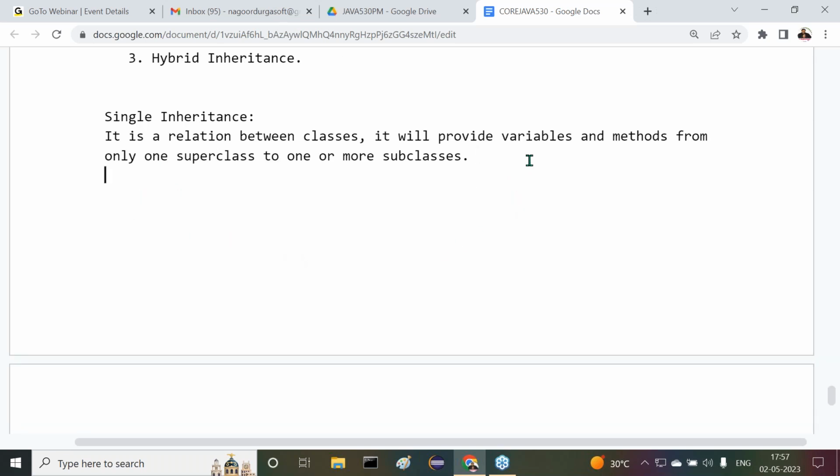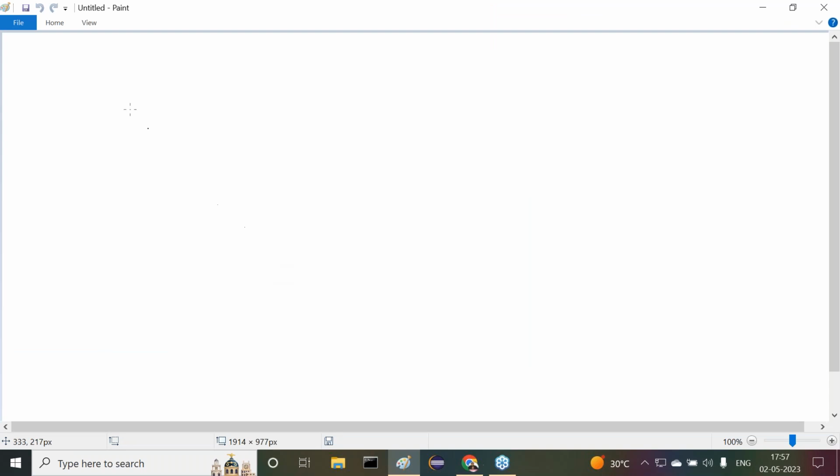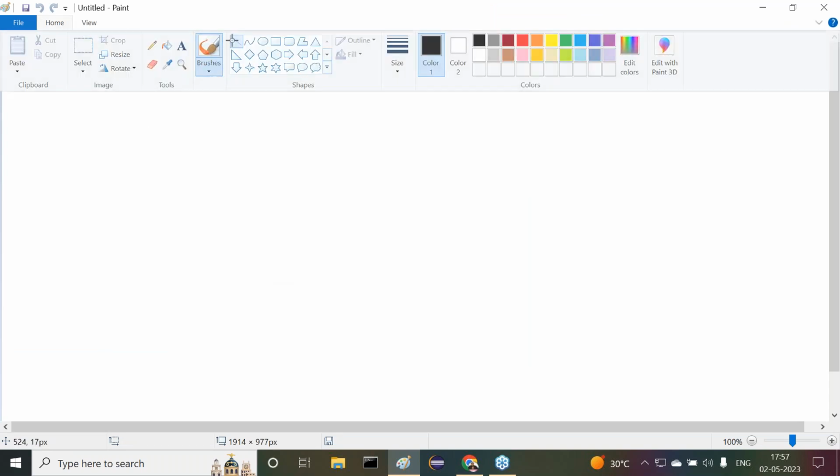Java does support single inheritance. Let me show it in a diagrammatic manner, how this single inheritance is represented. All of you observe carefully. Let me show some diagrammatic representation. For example, this is the superclass. Here I want to take